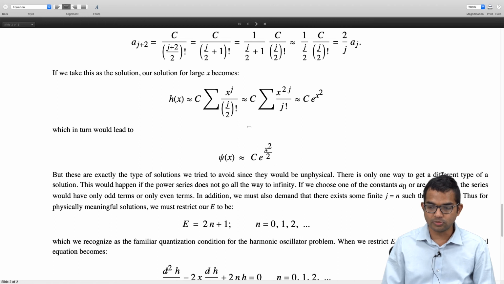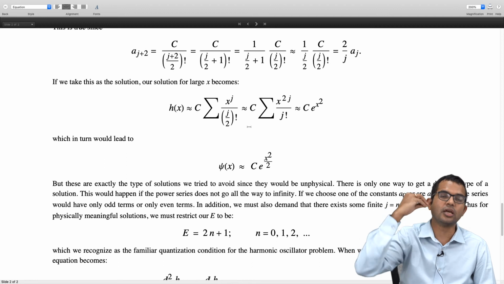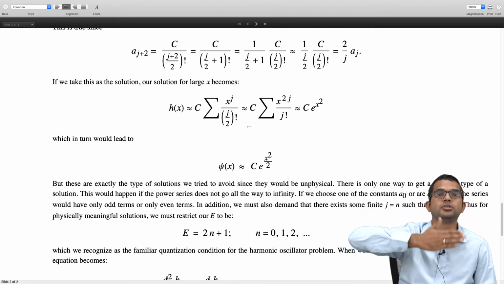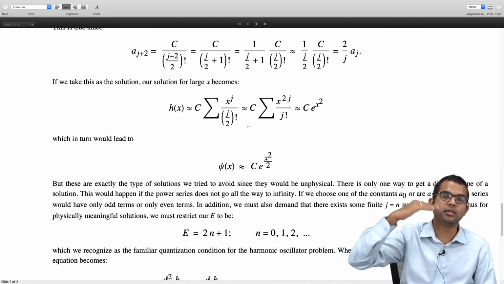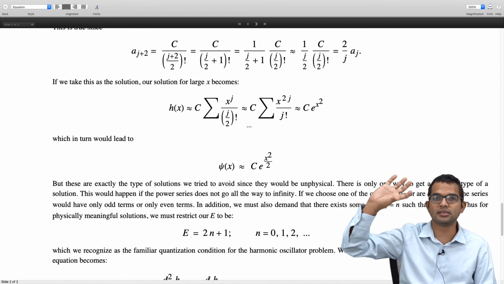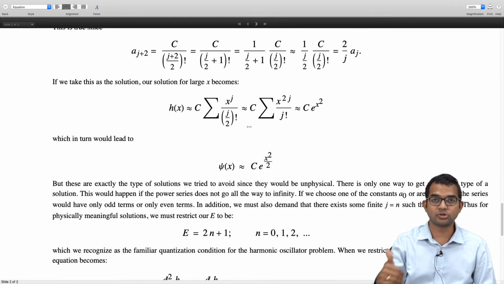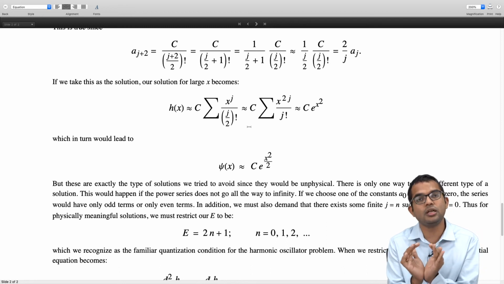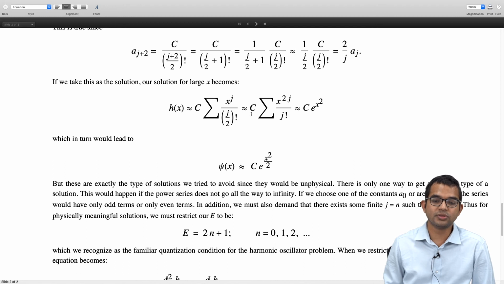and then if we cleverly chose one of these coefficients, a0 or a1, to be 0, right? So we have an odd sequence and an even sequence. If you choose a0 to be 0, then you are only left with a1, a3, and so on. So if a0 is 0, a2 is 0, a4 is 0, all of these are 0. On the other hand, let's say you start with a1 and then it goes to a3 and then to a5, and then there is a certain n at which a n plus 2 is going to go to 0. If by some means you can arrange that, by choosing your E appropriately, then you're guaranteed that you'll get a solution which doesn't go to this type of a solution, right?